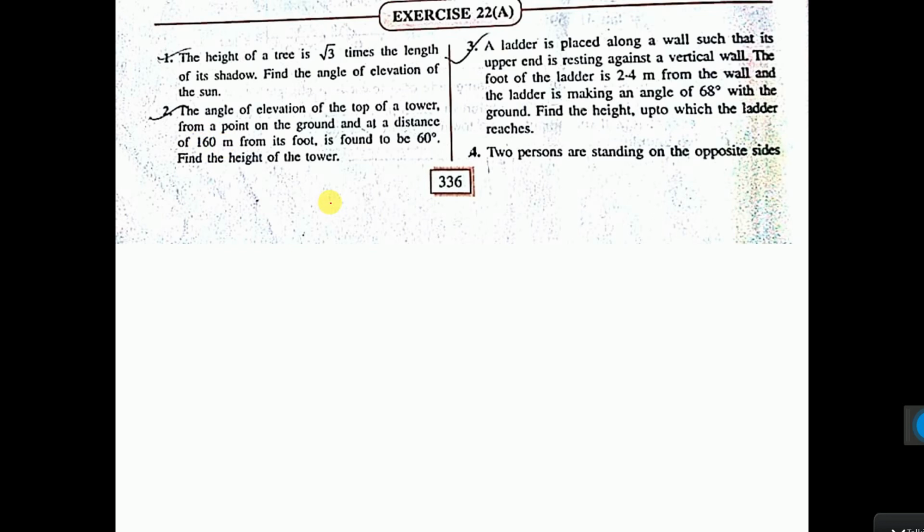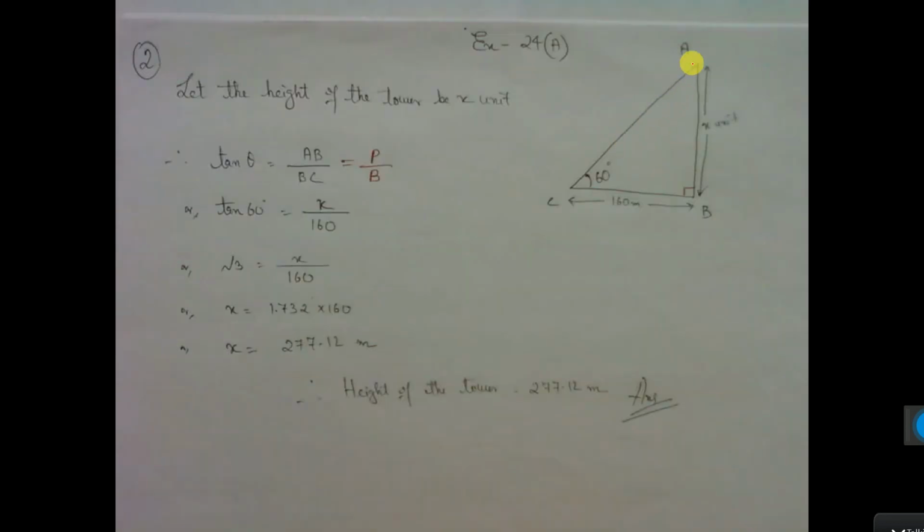We have to find the height of the tower. So this is the height of the tower AB. I have considered this as x. You consider x unit. And in the question it is given, from the foot of the tower to one point C, that is 160 meter distance. So I have written here. And the angle of elevation is 60 degree, it is told. In the ground, angle of elevation is created, I explained it to you. Now this is 60 degree. So this is 160 and this is x I considered.